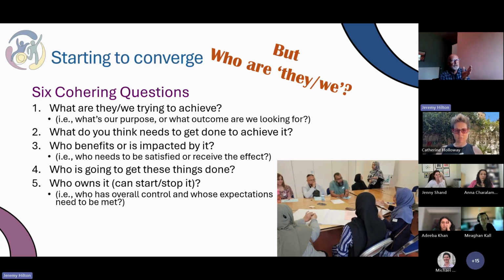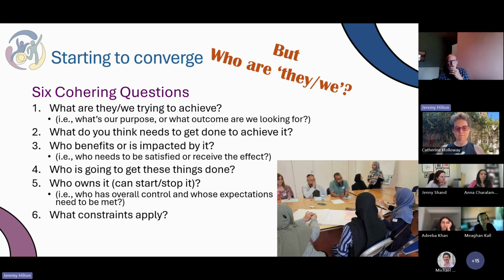This is a key one: who actually owns it? Who has overall control and responsibility? Who has expectations that need to be met? So they'd also have measures of success. And the interesting one with the transitions we're looking at is there may not be an answer to question 5. But that's an interesting one to consider. And then question 6: what constraints would actually apply? You can go back to the context diagrams once you've completed those to pull those constraints in to see if they are related to question 1. So questions 2 to 5 all refer to whichever answer you've got for your question 1.